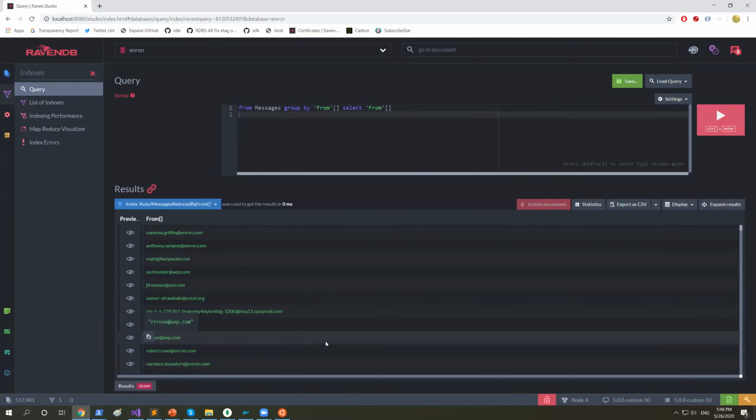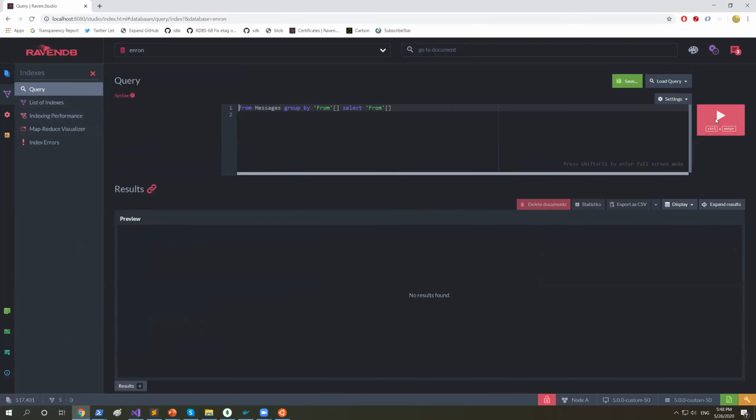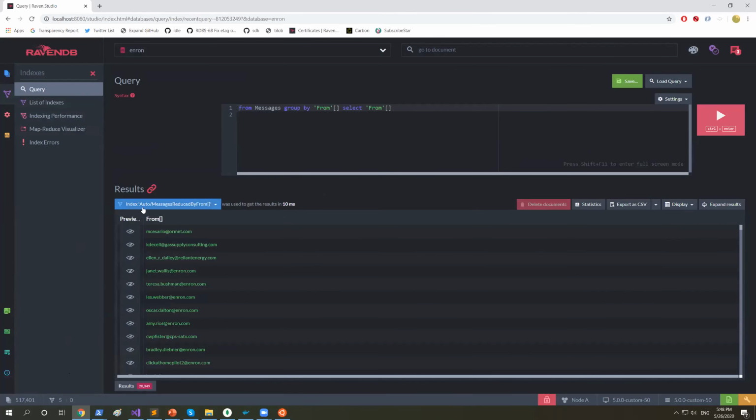Now, the reason we can render that in 10 milliseconds is not that I'm able to go over that list quickly. It's that I don't need to. If we go here, you can see that we run this query, and now we have this index. And this index is a MapReduce index,